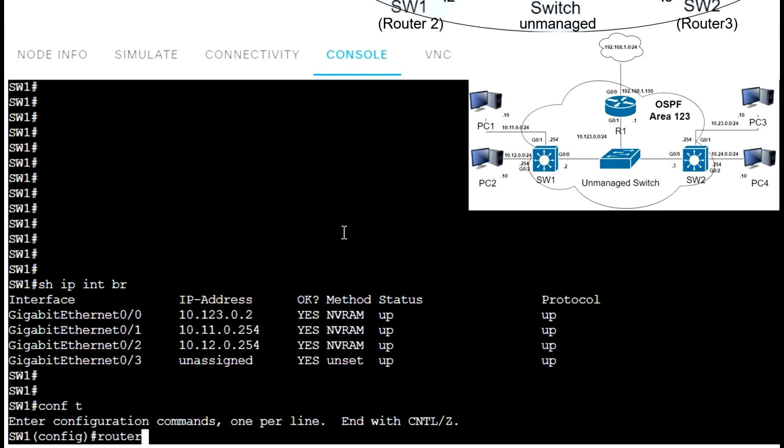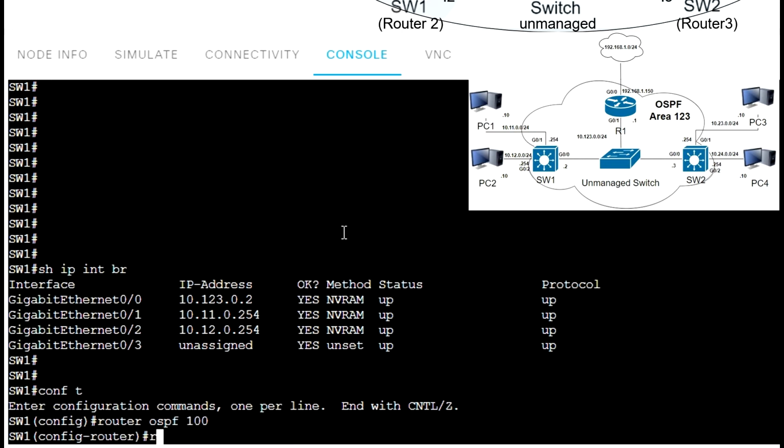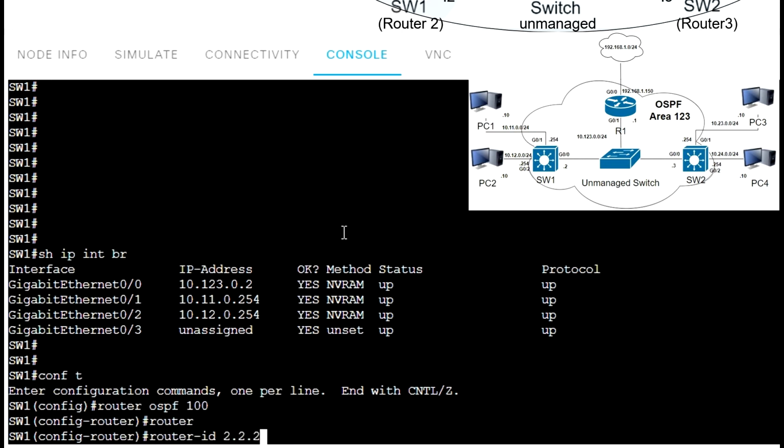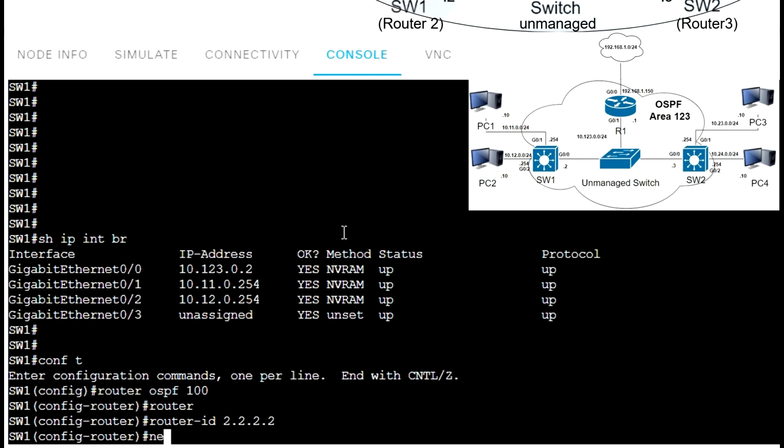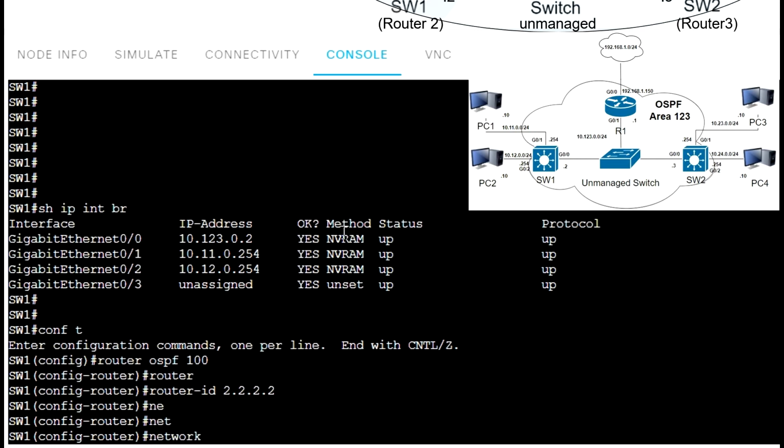Conf t, router OSPF 100, router ID 222. This one I'm going to enable first explicitly on the interface with IP, let's say, 10.11.0.254 with wildcard 0.0.0.0. This will enable OSPF only on the interface with this IP address,